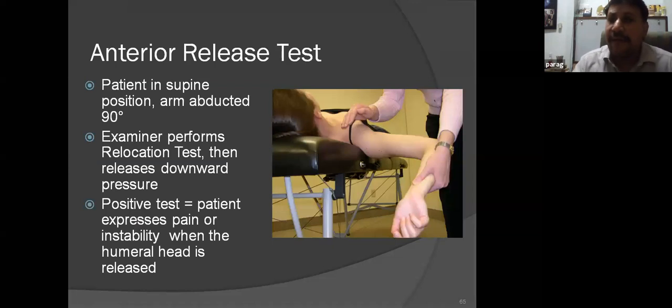But you can also have the same thing for posterior instability, and you can have a posterior test as well. I'm sorry, I thought there was a slide here, but it's not. But you can do a pivot shift test. You can do a posterior pushing test and see if the patient feels any apprehension at the back. But this is extremely rare because 99% of all dislocations are usually anterior.